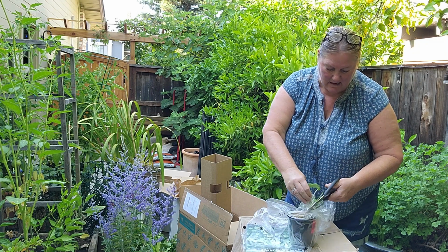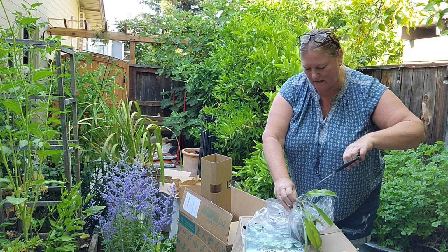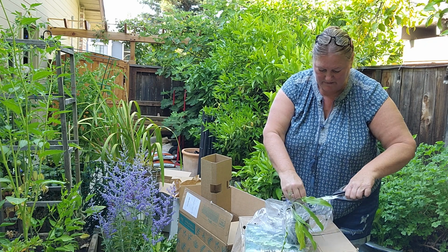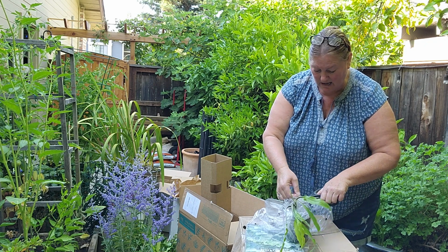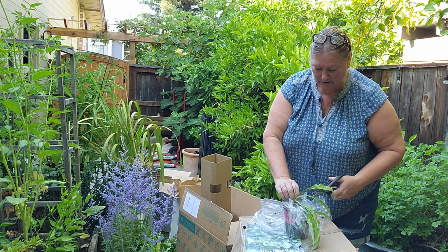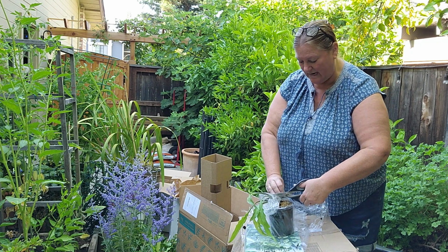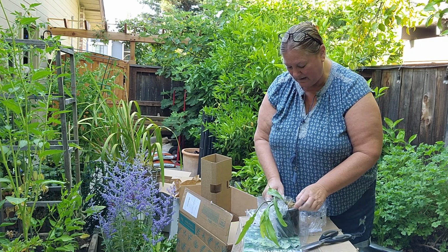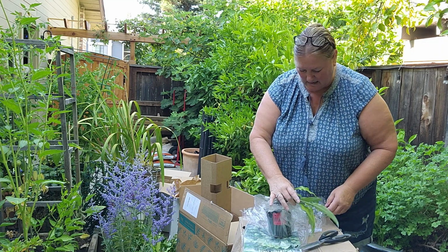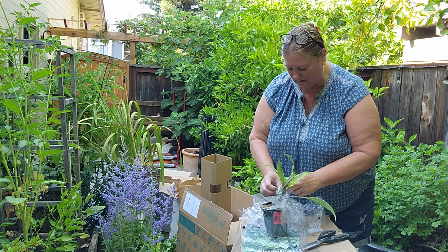So hostas like water. They like the ambient water, not just water at the roots, but they like high humidity. So this year I took out the sprinklers that I had on them and converted them to drip, and they're not happy with me. So I gotta make sure I'm keeping an eye on the water and give them more of what they're looking for